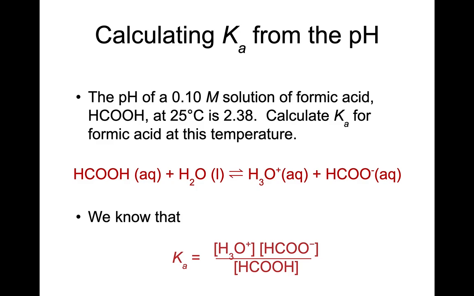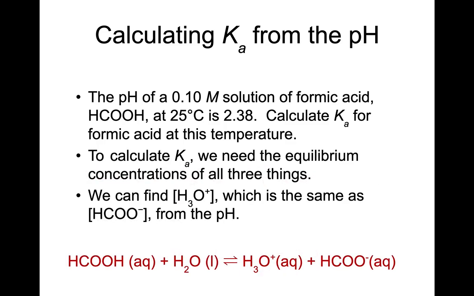So the first thing we need is a balanced equation, which is written here. And then we need to write the equilibrium expression for this equation. So just like before, we put our product concentration over our reactant concentration. And now it's almost time to make our table. So to calculate Ka, to calculate an actual number there, we need the equilibrium concentrations of all three of those